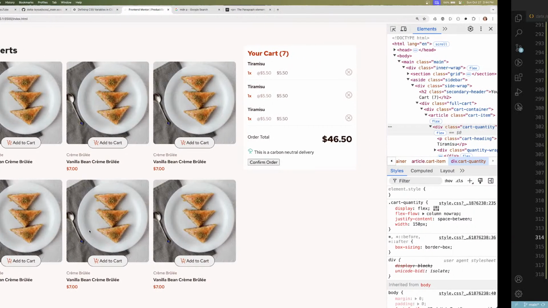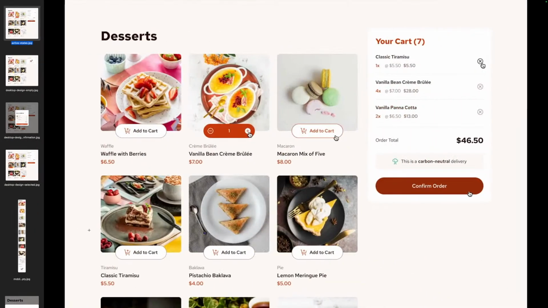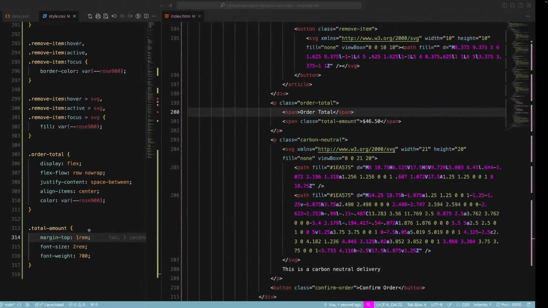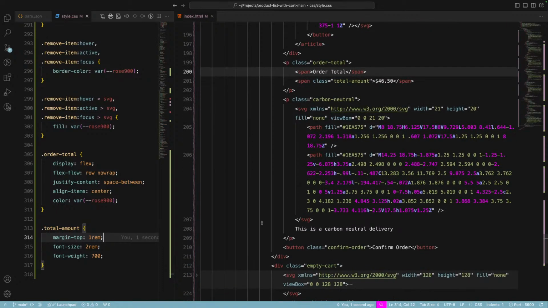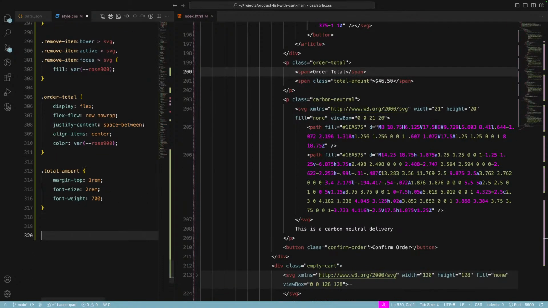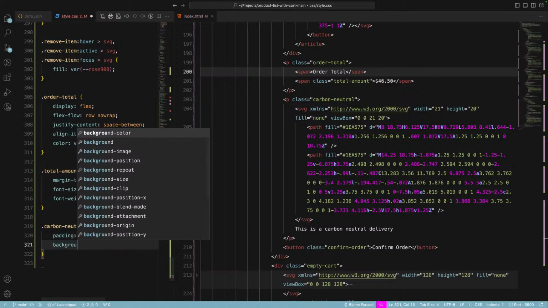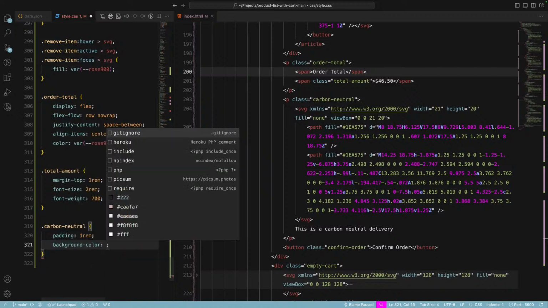All right, this is a carbon neutral delivery. So we'll give this some padding. Just going to give it a rem of padding, and we'll give this a background color of